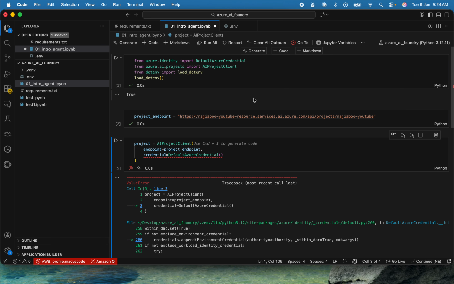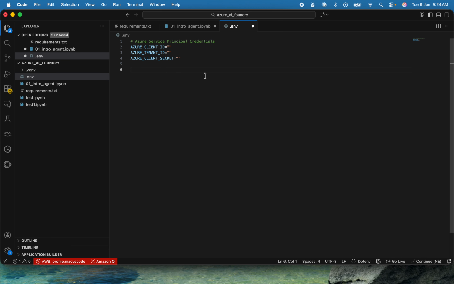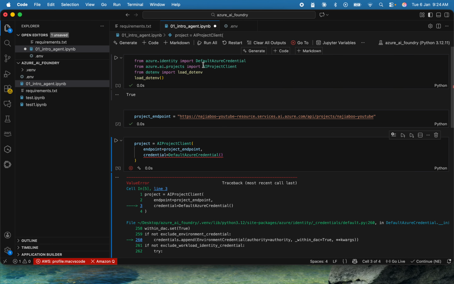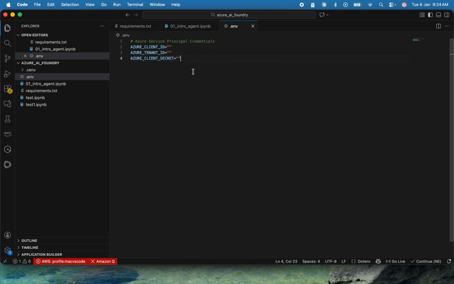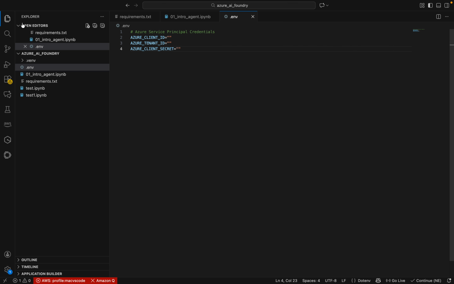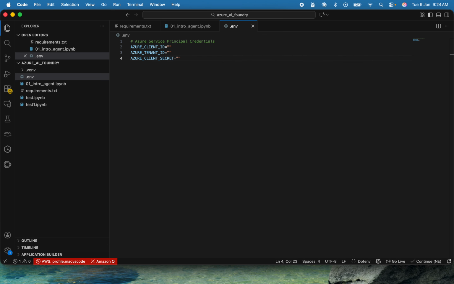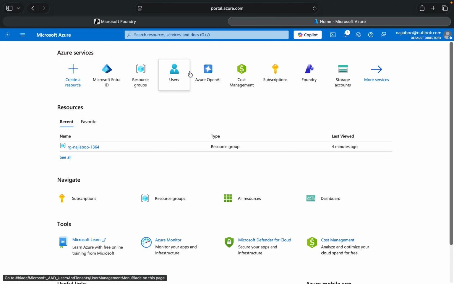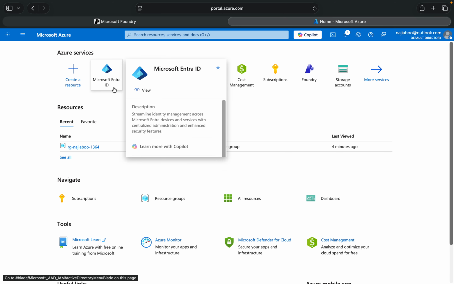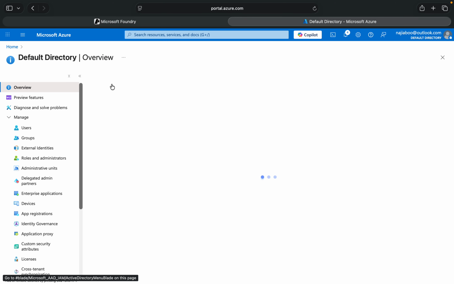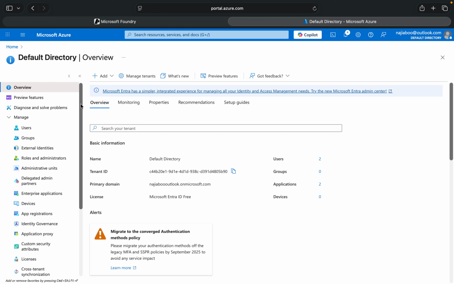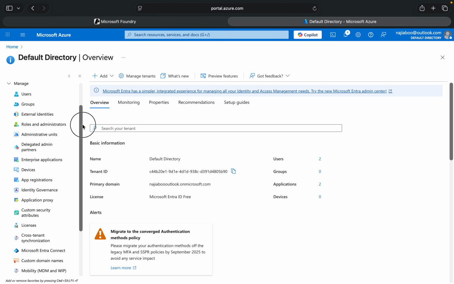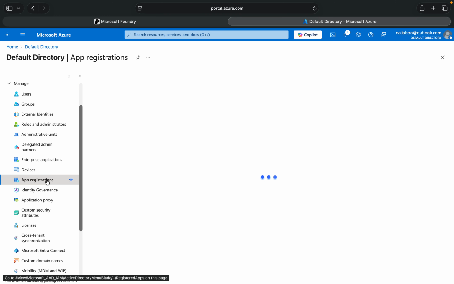In this scenario, it is expecting a few environment variables. It is expecting Azure client ID, Azure tenant ID, and Azure client secret. So we need to understand where we will get these. For that, I can go to the portal, and here we can see Microsoft Entra ID. This is for authentication and authorization, and here we can see app registration. Click on app registration,